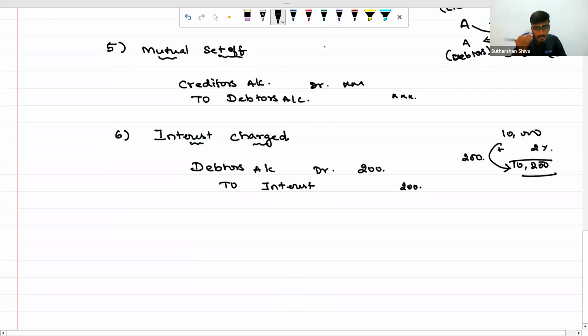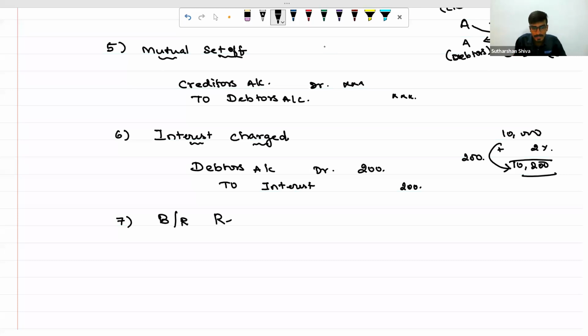Finally, I'll come to the last part. There can be a situation where I make a credit sale for 2 months. Instead of just waiting 2 months, for surety purposes I ask them for a bill. Whether it is in check form or draft form, that doesn't matter. So what comes into the picture here is bills receivable received.